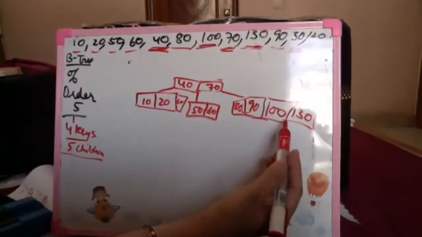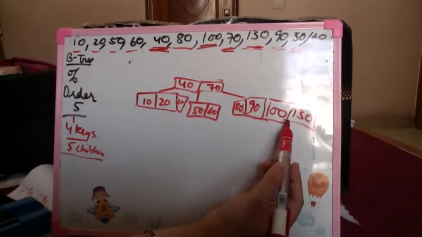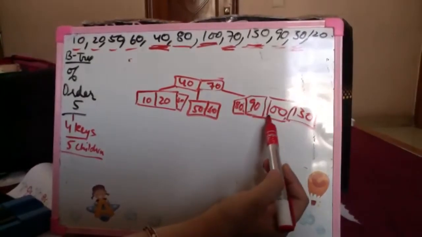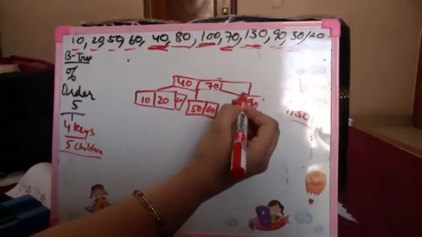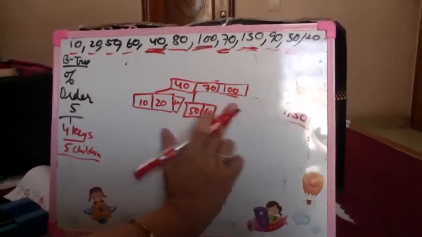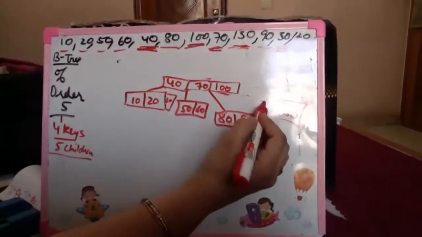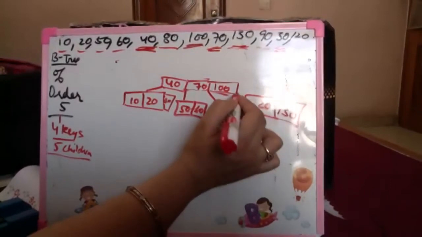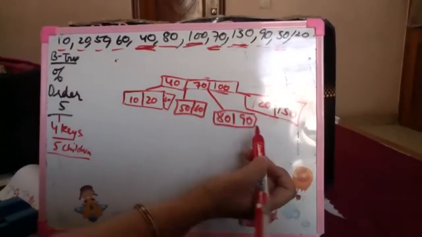When I'm inserting a 120 here, again, the number of keys in this node goes more than the possible number of keys. So I will be splitting it. Now, in this case, when I will be inserting 120, the median will be 100. So 100 now goes to the parent, which still has space. It can have 4 keys, and the children are split into 80, 90, and I have 120 and 130. Again, the parts created by the split become the left and right part for the median in the parent node. Since the parent node had space, I am inserting it.